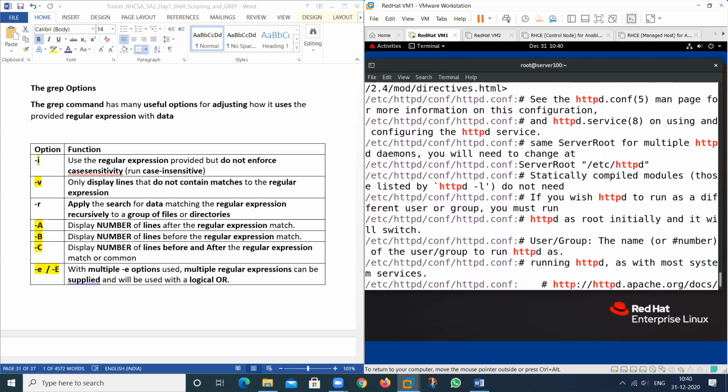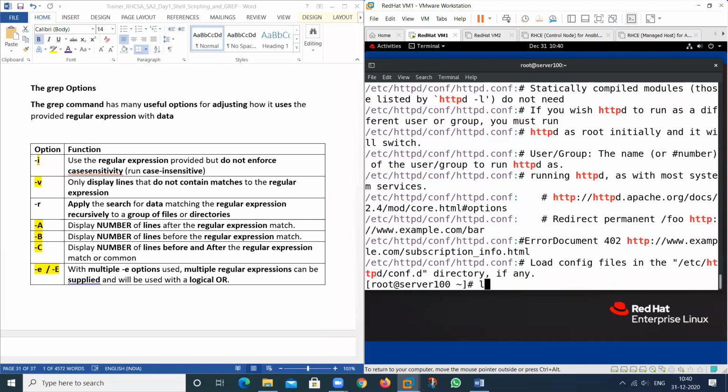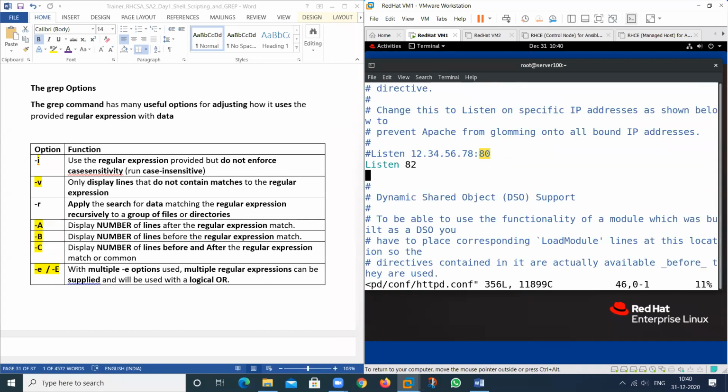Suppose we have one file also. I will see first, then I will search. std.com. See, I want to search this particular thing. Listen 82. This one. This one. See.